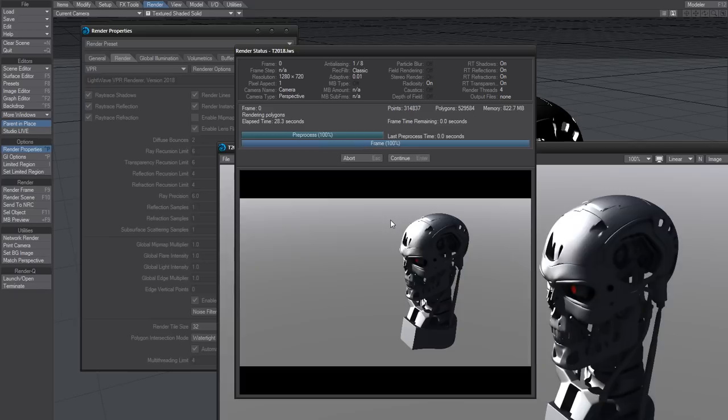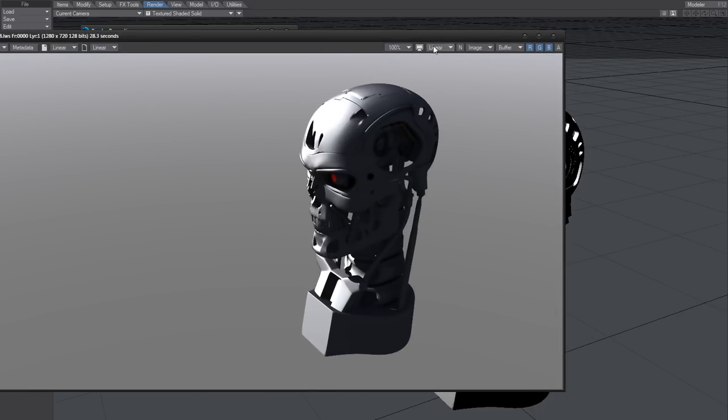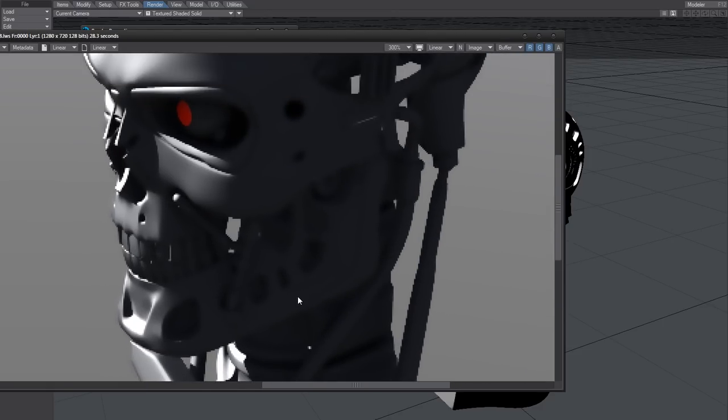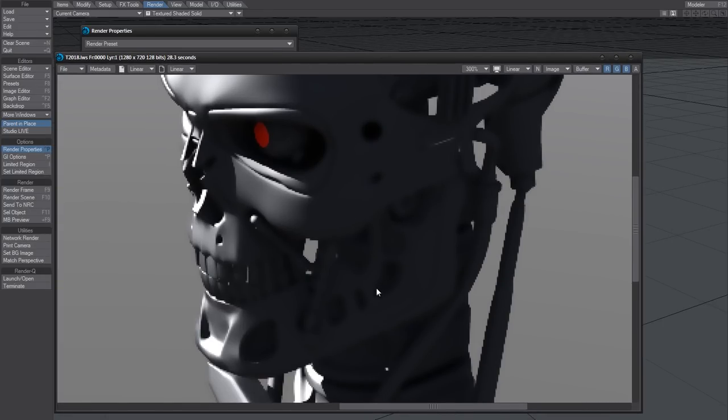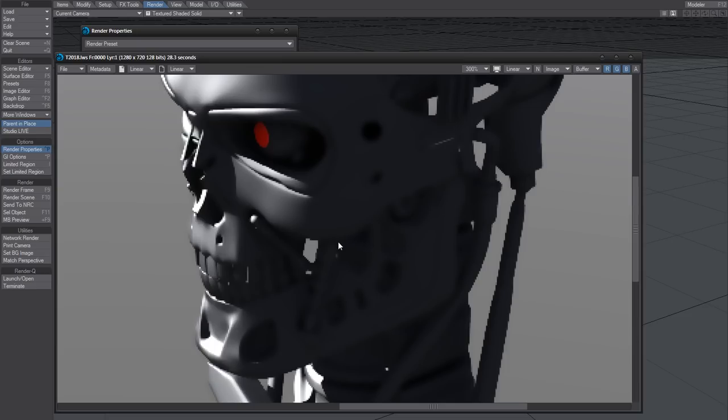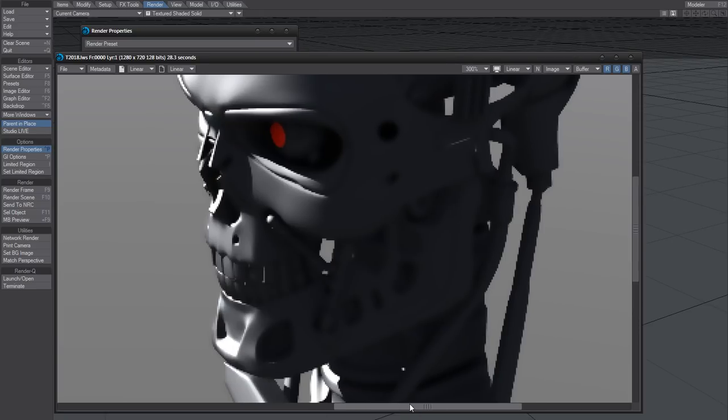Let's have a look at the result though, and you can clearly see that it did remove quite a lot of the noise here. There's no way to watch the before and after. I guess you'll have to render it twice or with buffers somehow. That's one thing I missed in 2015 as well, the option to look at both the final render and the final render without pulse effects. Anyway, you can see that the filter is applied,